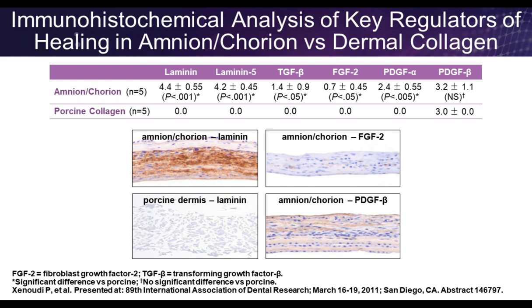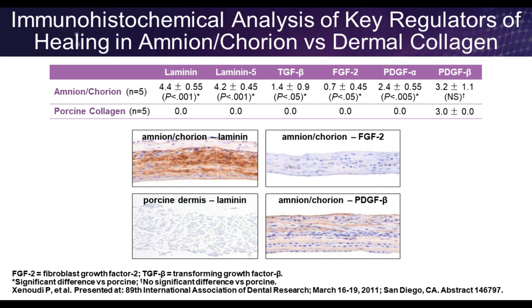For example, in the lower left-hand panel, immunostaining for laminin, you can see that there's a huge amount of laminin protein in the amnion chorion dehydrated matrix, but in contrast, dermis of skin of adult pigs has almost no laminin. And similarly, when you look at the measurements, there's almost no growth factor activity present for many of the growth factors in dermal matrix compared to the abundant amounts present in